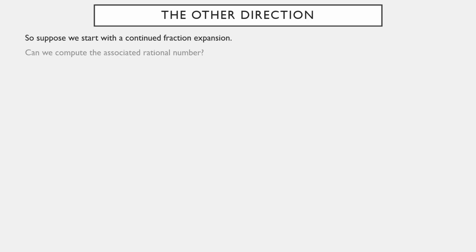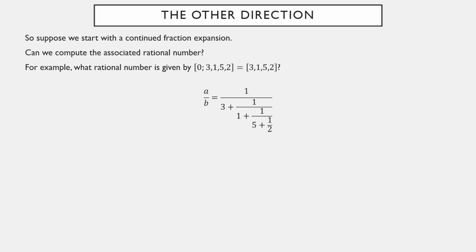So what if we tried to do the other direction? In other words, we start with a continued fraction expansion and we want to know what rational number would have generated it. So for example, suppose we have the continued fraction 0; 3, 1, 5, 2. What rational number does that represent? So what we have here is 0 plus 1 over 3 plus 1 over 1 plus 1 over 5 plus 1 over 2. So what we're going to do is work from the end back towards the beginning,